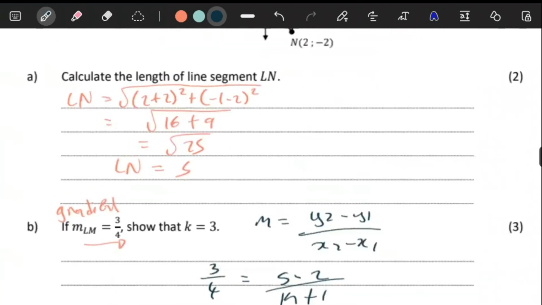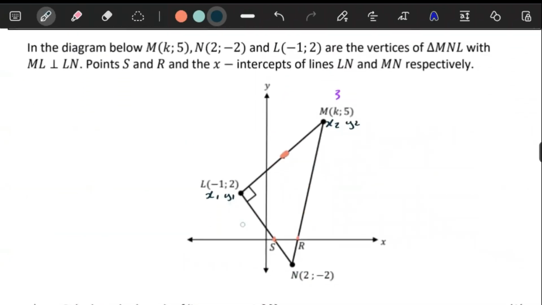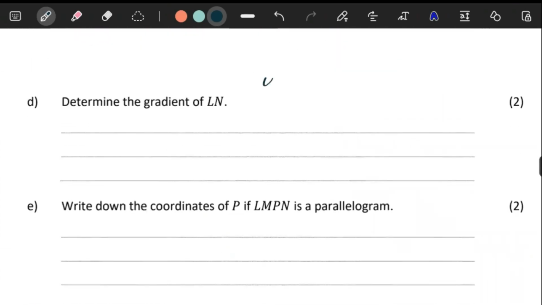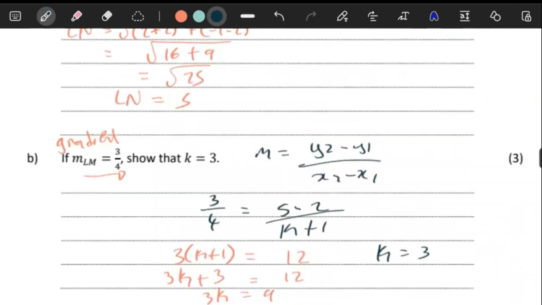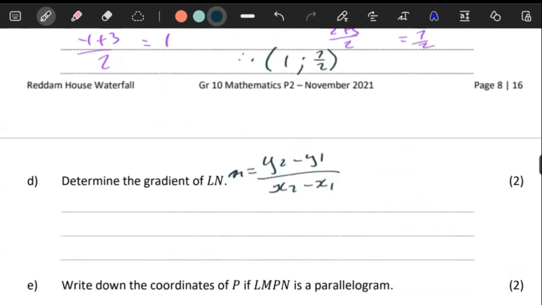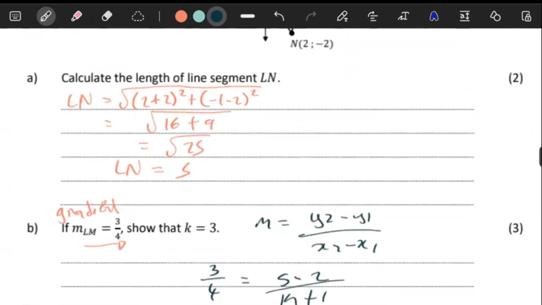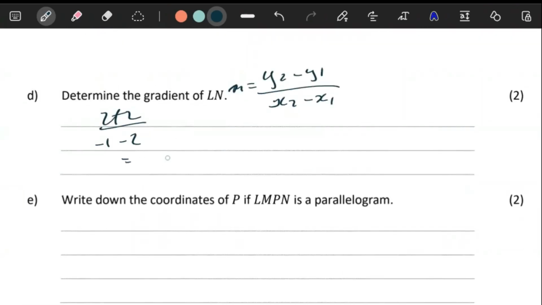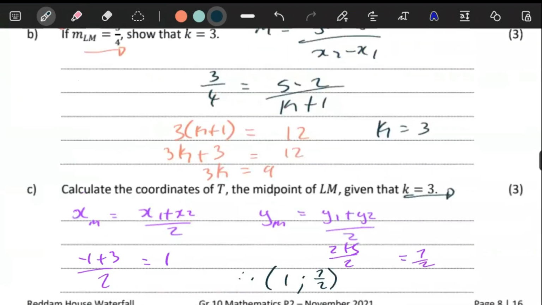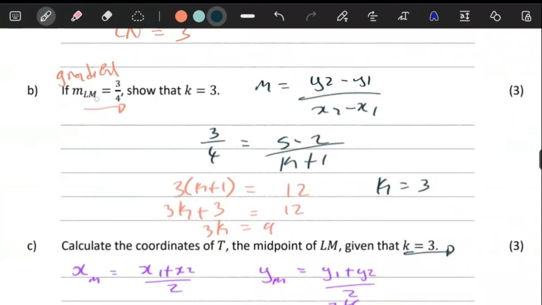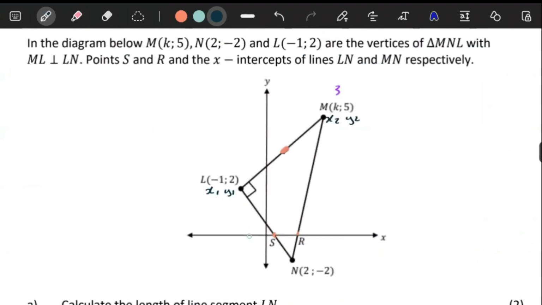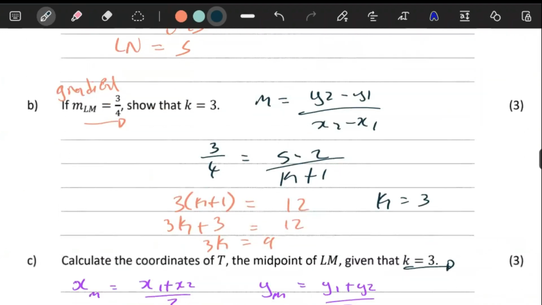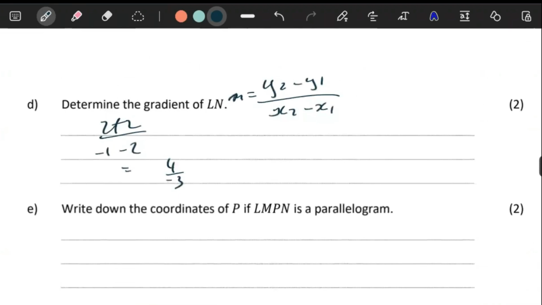Determine the gradient of LN. So LN is this gradient here. You can just use the gradient formula as we already know it, you see. So this is gradient, right? Obviously, you can just say 2 minus negative 2, which is going to be a plus, and then here you have negative 1 minus 2. Negative 1 minus 2 is going to give you 4 over negative 3. Since these lines are perpendicular, and they've given you the gradient of LM, which is this line, the gradient of the other one would just be this flipped over with a negative sign, as we're seeing here. And then they said we should write down the coordinates of P if